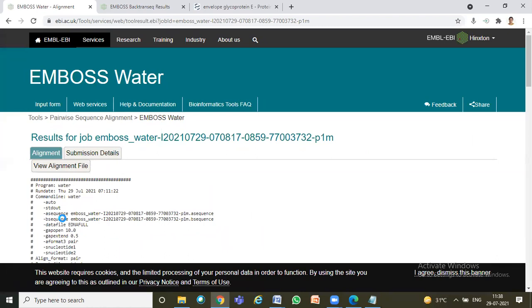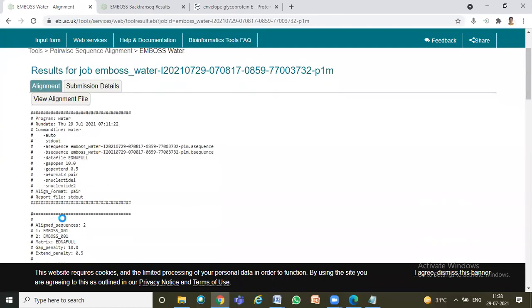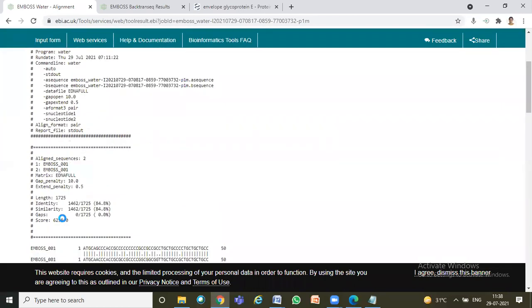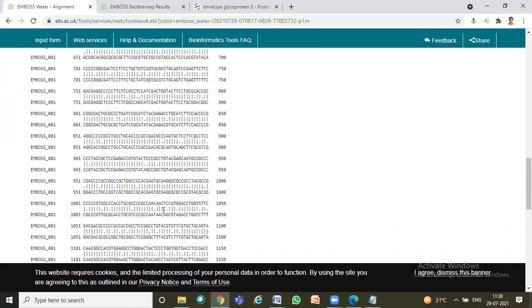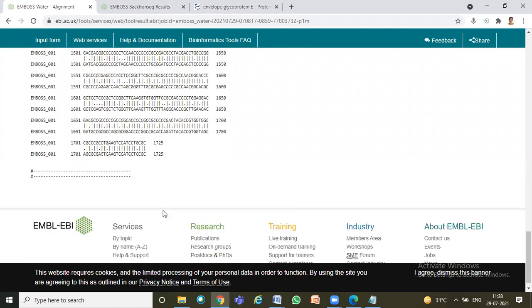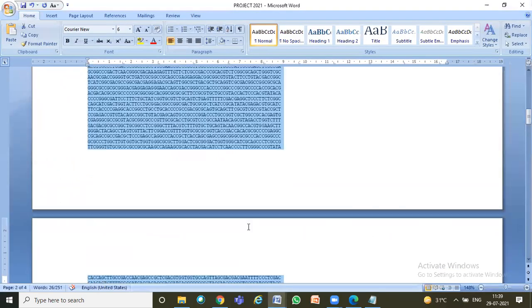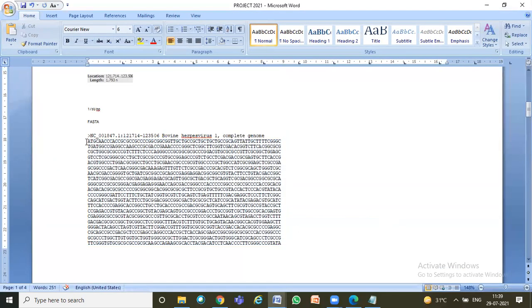Here I have got some sequence related information. There is 84.8% similarity between your sequences. Your sequences are largely similar, but some at the end differ, because I copied this from a genomic sequence.